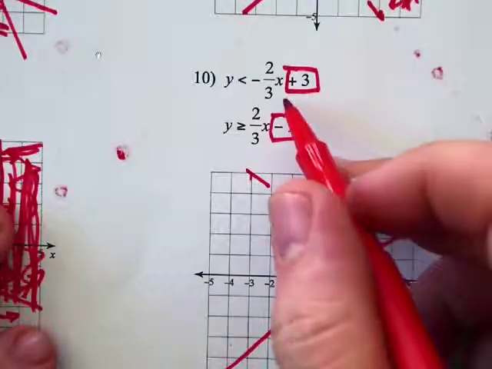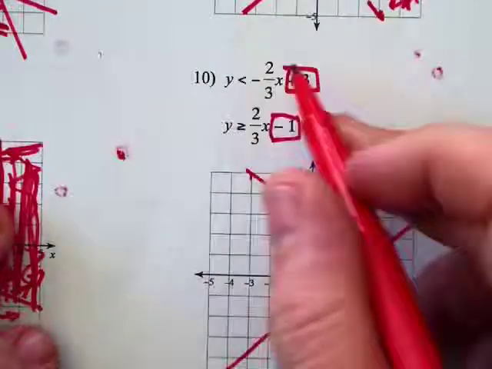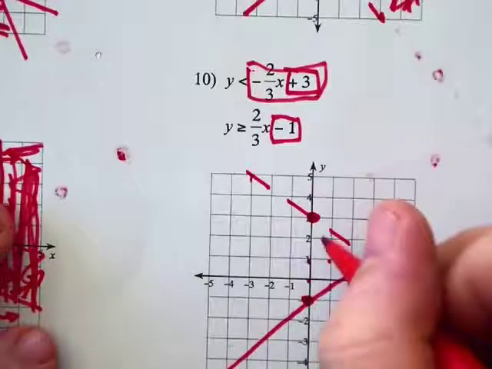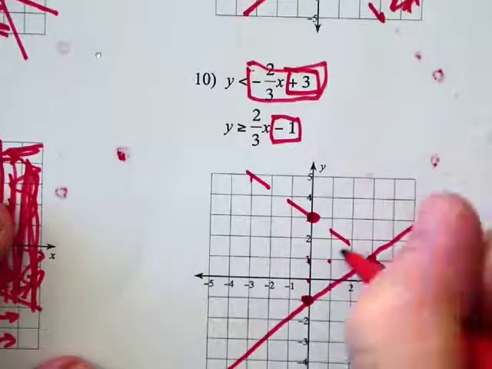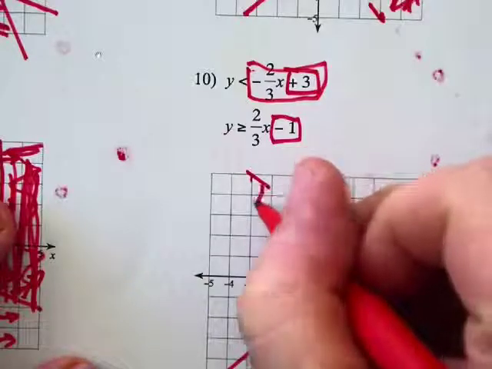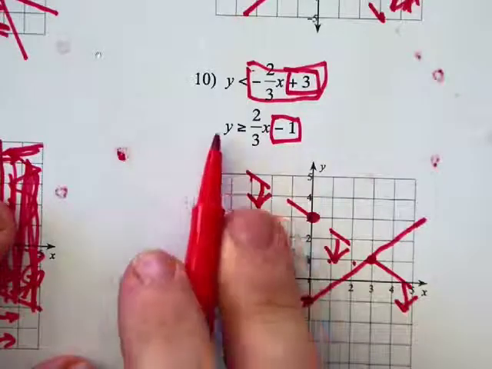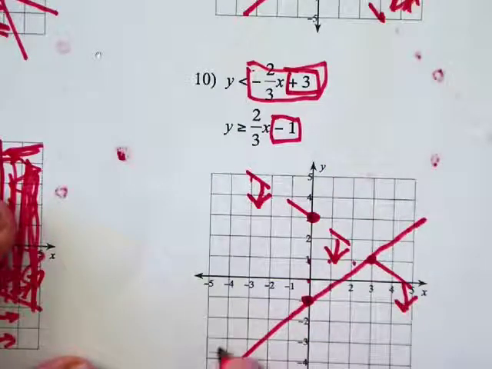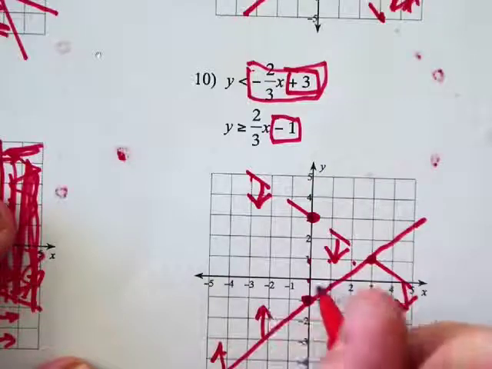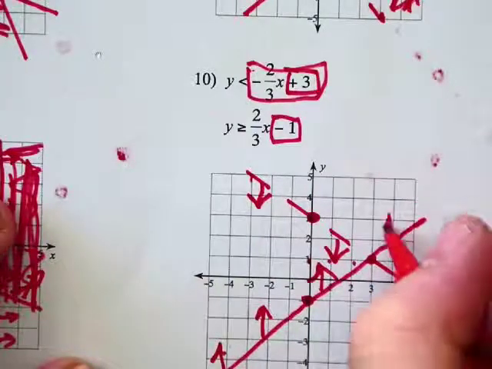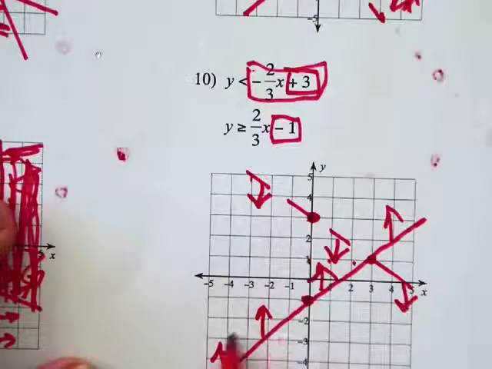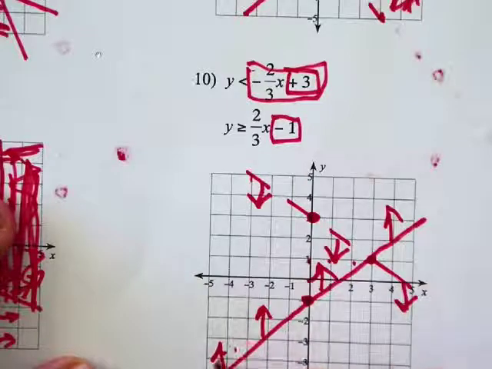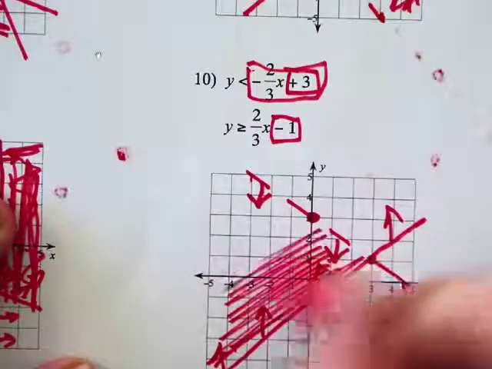Let's go back to the first one. I need to shade everything below that line. So y has to be smaller than the line. So I'm going to shade down. Now this one, y has to be bigger than that line. So everything on that line, y has to be bigger. And if we look, the two arrows are coming together right here. Over here, they're pointing apart, but right here, they're going to cross. So that's the part that we shade in,